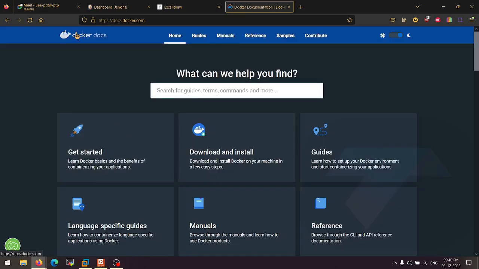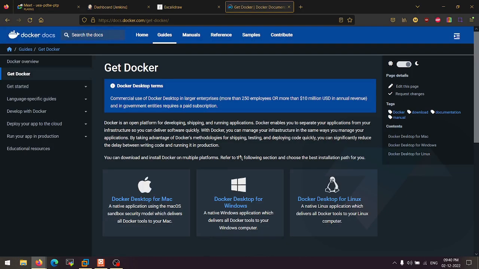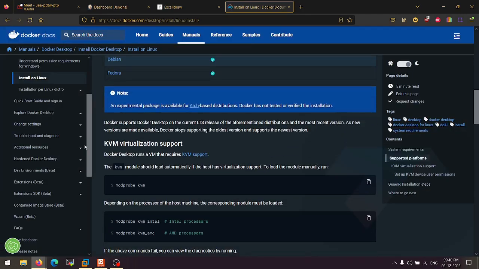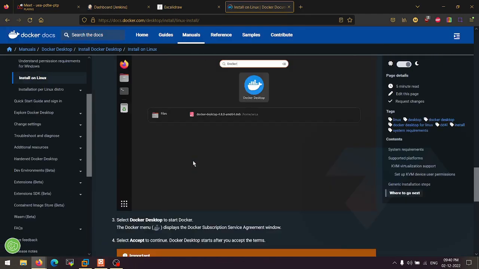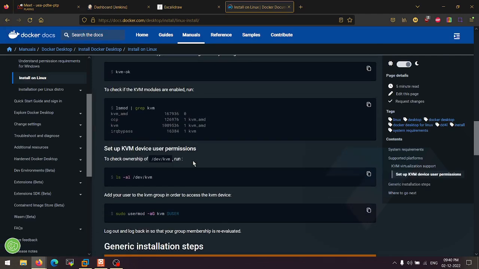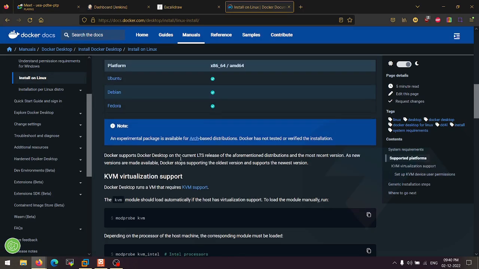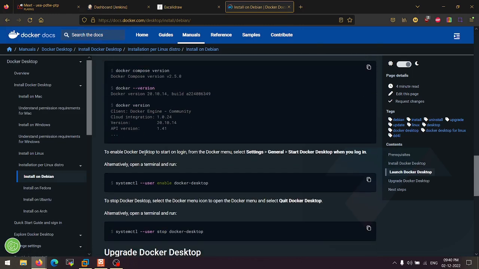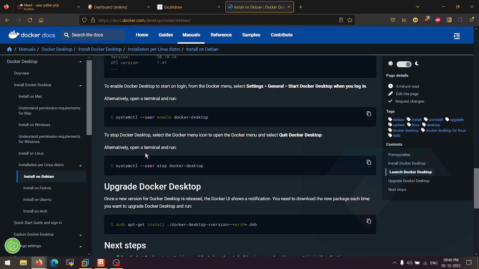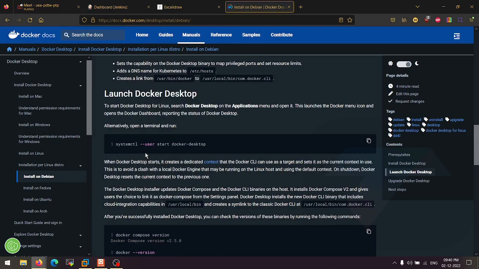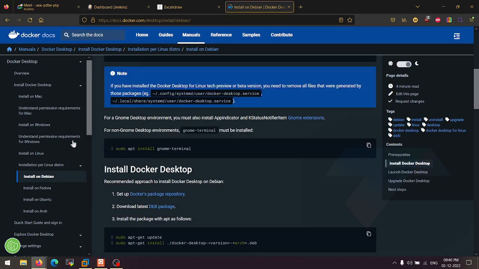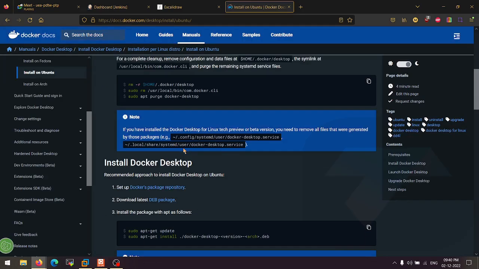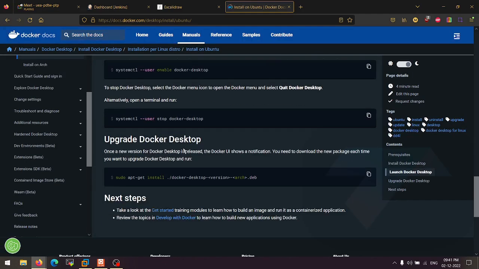Let me check. Let's click on Docker docs, download installation. Just click for the Linux. Actually, I have done the installation. The whole installation part is here. I'm just checking out the first image that they show in this concept. Debian. I'm just looking for the Docker Hello World, Docker version, Docker desktop. No. Let me select the Ubuntu here. In Ubuntu, we may see something related to Docker Hello World.